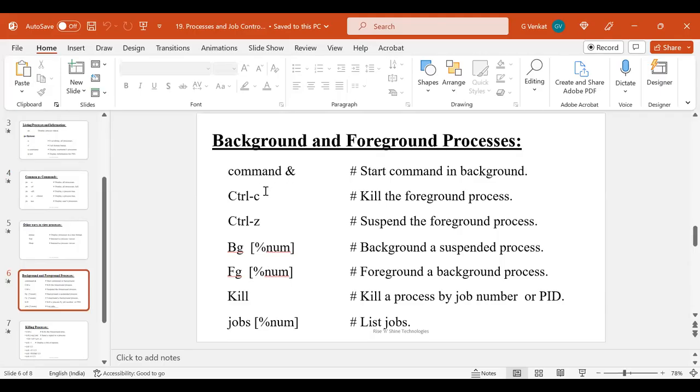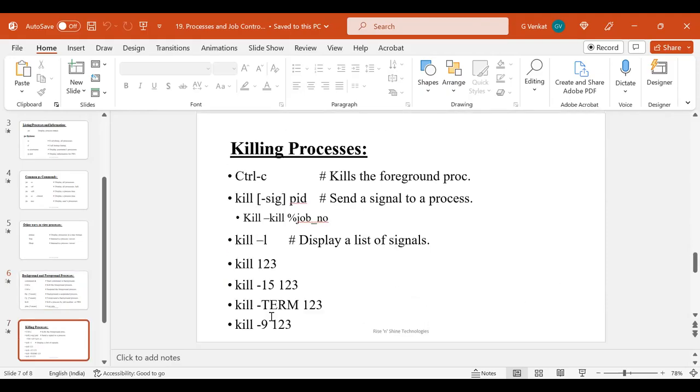Background process: command ampersand. Control C kills the foreground process, and Control Z suspends the foreground process. To bring a process from the foreground to the background, use bg and the job number. To bring the background to the foreground, use fg and the job number, but these are all small cases, don't use upper cases. And to kill a process by job number or process ID, use kill -9 process ID. You can view the list of all jobs with jobs, and you can also specify the job number